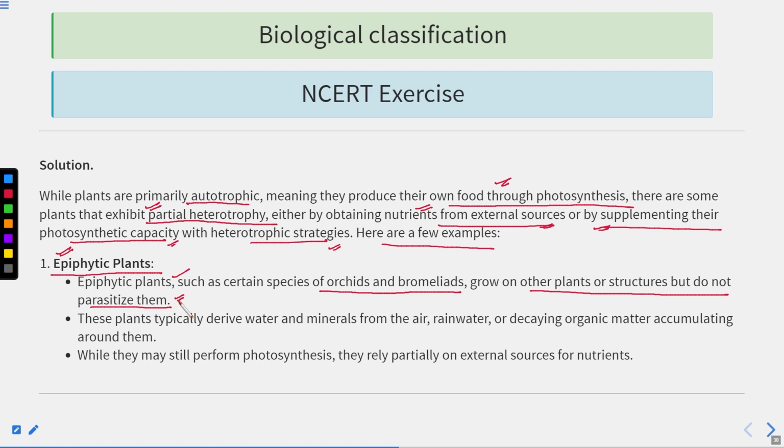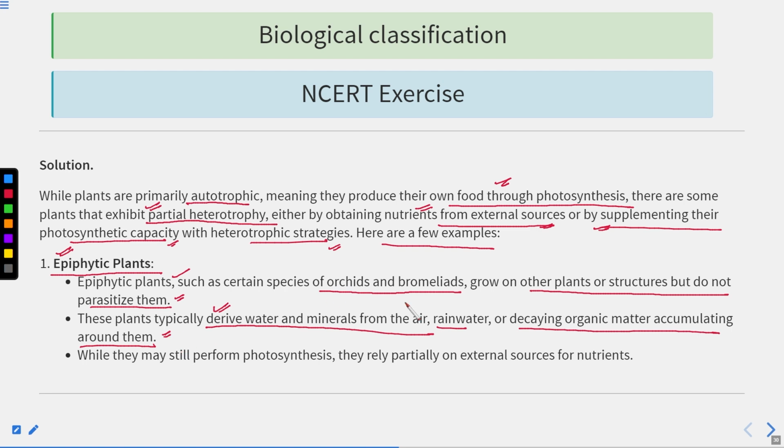They grow on them, but they are not taking food as a parasitic mode of nutrition. They just get attached to it. These plants typically derive water and minerals from the air, whatever the atmospheric water vapor is there, and rainwater or decaying organic matter accumulating